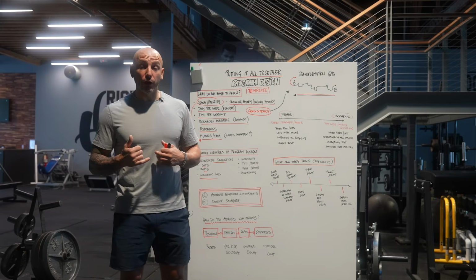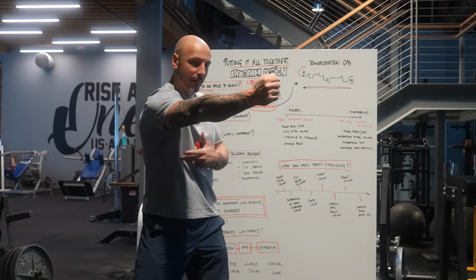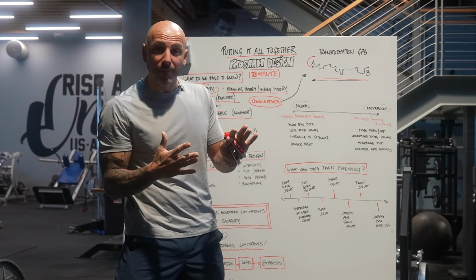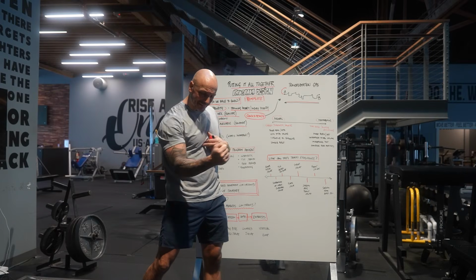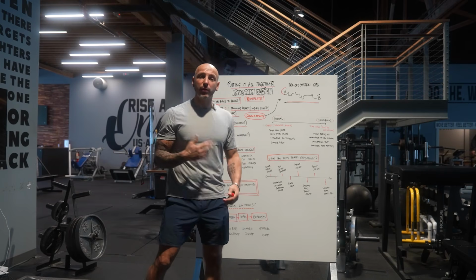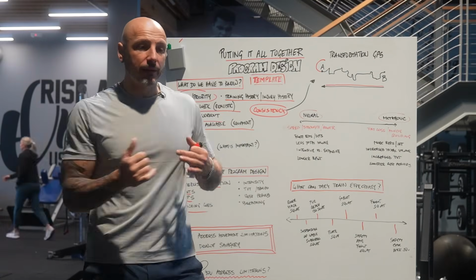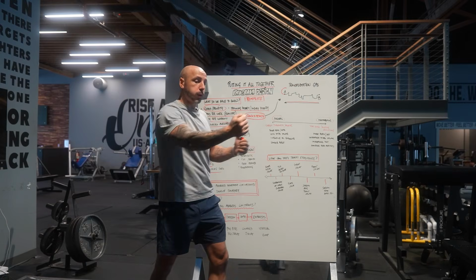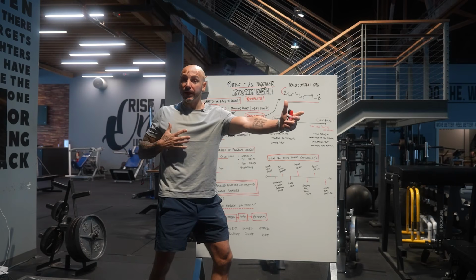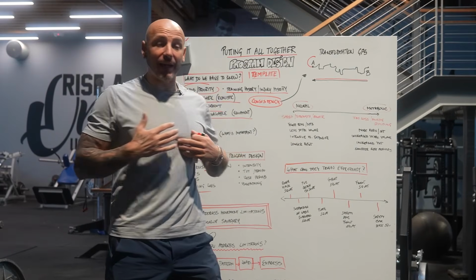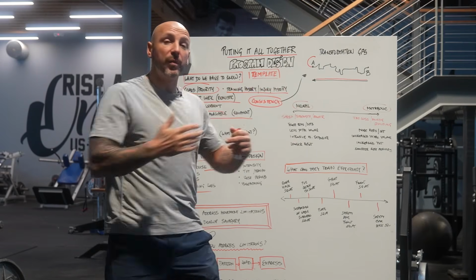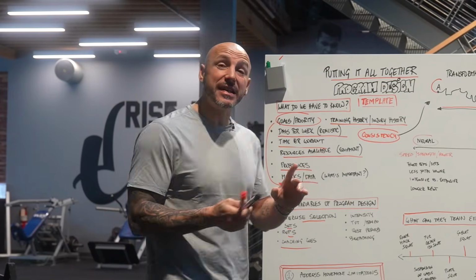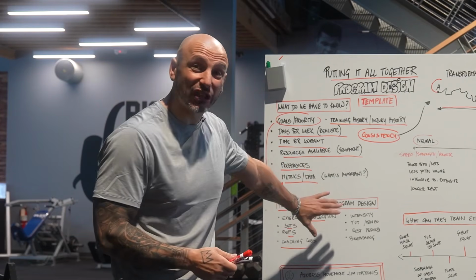So take a regular row. If I'm doing a regular cable row, right? I'm thinking about time under tension. I'm not cueing breathing at all, by the way, right? I'm just like, keep this control, pinkies in, squeeze the hell out of it. Versus I'm doing a thorax row. So I'm going to inhale on this part, and then I'm going to exhale. I'm doing a row again, but now I'm using breathing to drive air in and out of my thorax and get more movement variability, right? So I'm getting more air into that upper back. I have a different emphasis here, right? So that's going to change stuff.